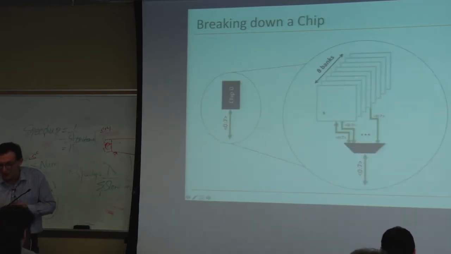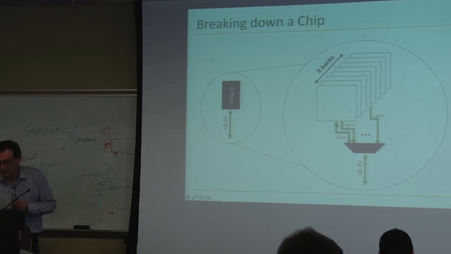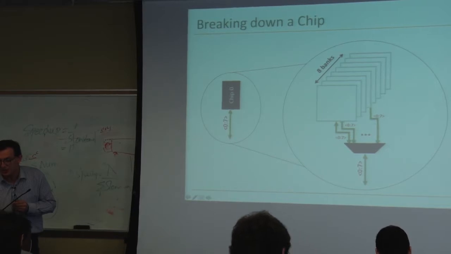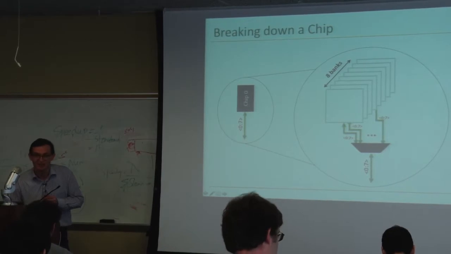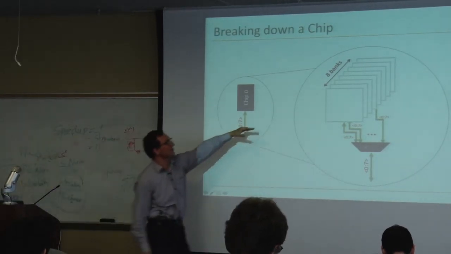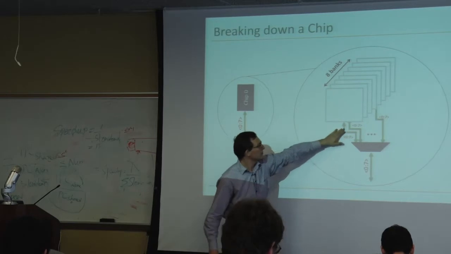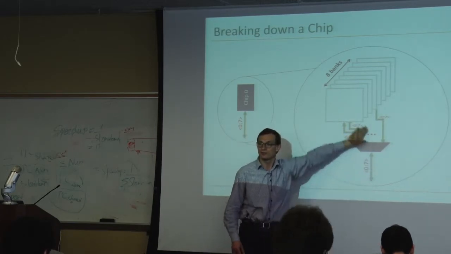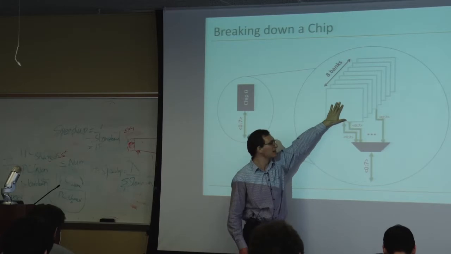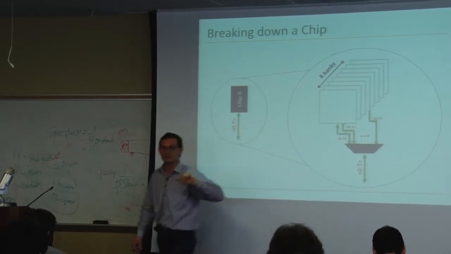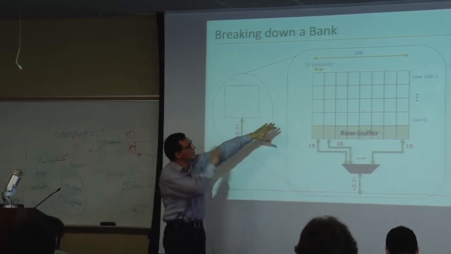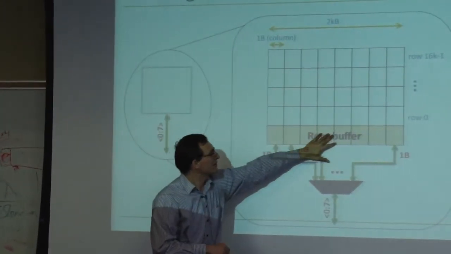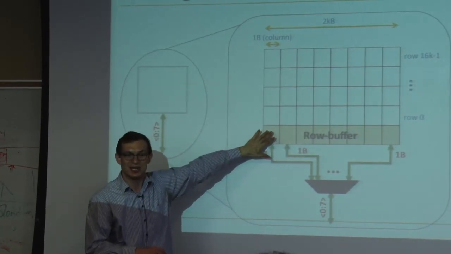And then a chip consists of multiple banks. Right? Basically, each of the banks can provide, in this case, 8 bits. But you can get only one of the 8 bits in a given cycle. You can start the access to different banks in parallel, but you pipeline the accesses over the data bus. So they share the address, command, and data buses in a pipeline manner. Make sense? And we remember this is the bank itself. Bank is organized into rows and columns, and you have a row buffer. Again, this is a logical structure.